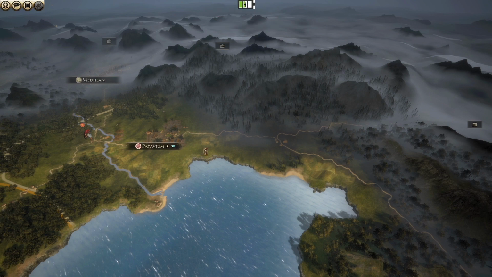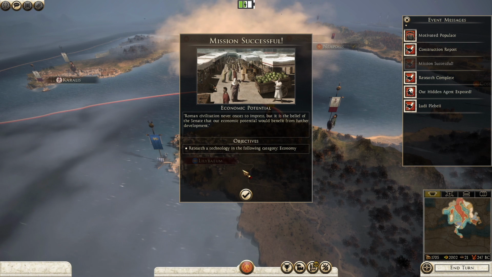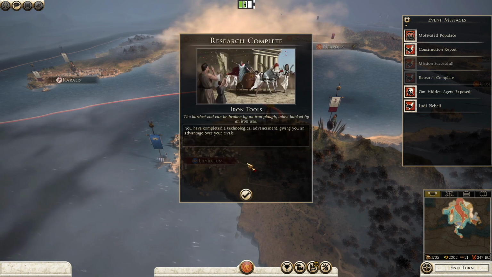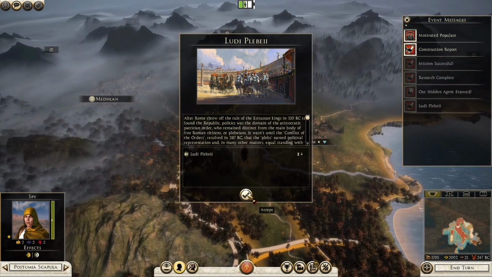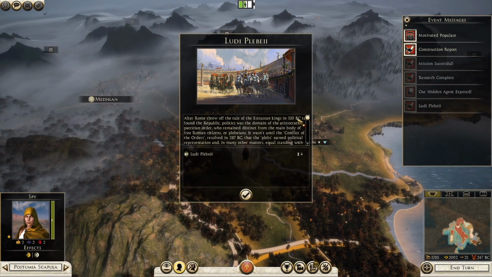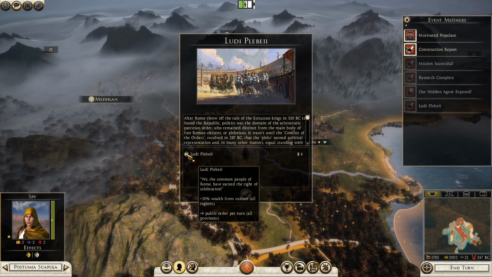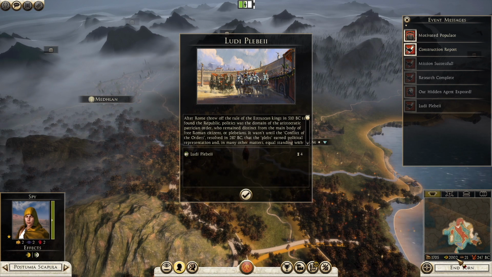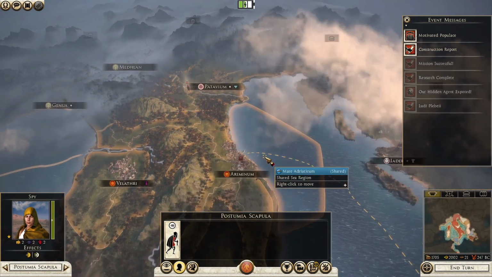Veneti, they are aggressively moving down the coast there. Mission successful. What did I get for that mission? Okay, research is complete. Hidden agent exposed. What do you wish of me? This is what I got. Okay. We have plus 20% wealth from culture in all regions, and +4 public order per turn in all provinces for 4 turns. That's awesome. Look, I'm making like 2,000 now. That's great. I guess my spy...